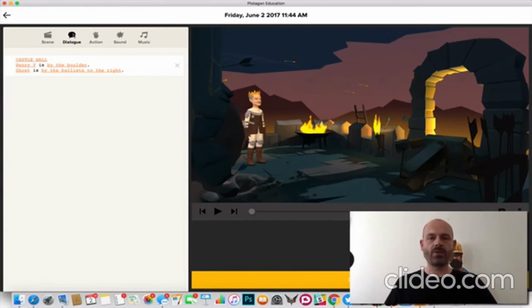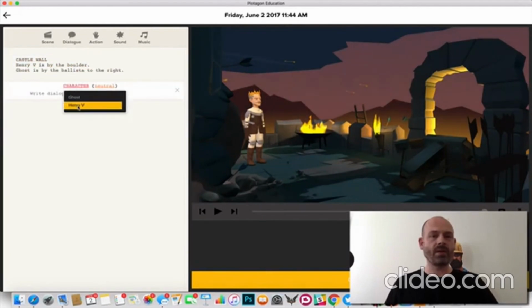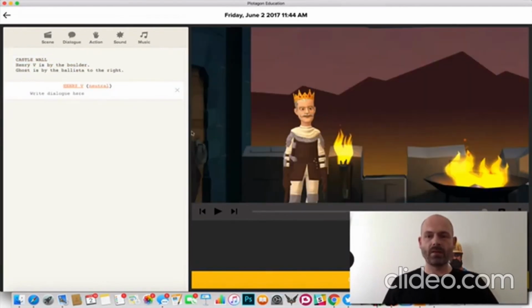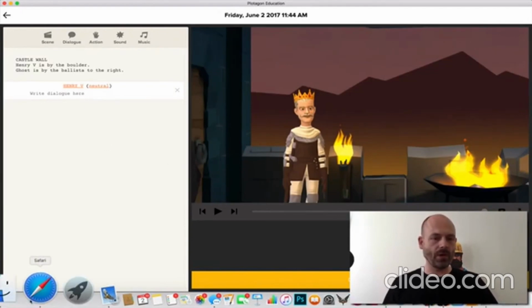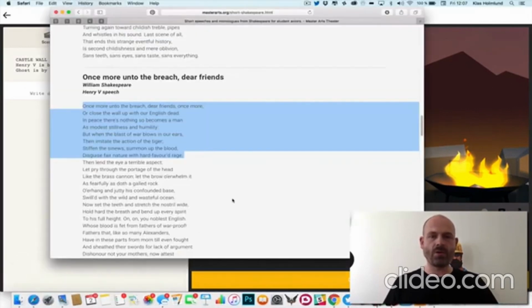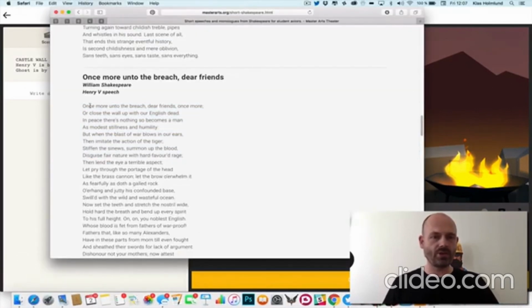Now, to create the speech from Henry V, all we need to do is create a dialogue, set it to be the king speaking. This is a nicely framed shot, and then go out to the internet and search for some nice Shakespeare. So this is the speech.